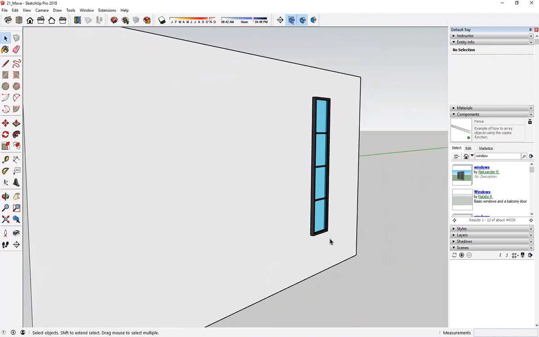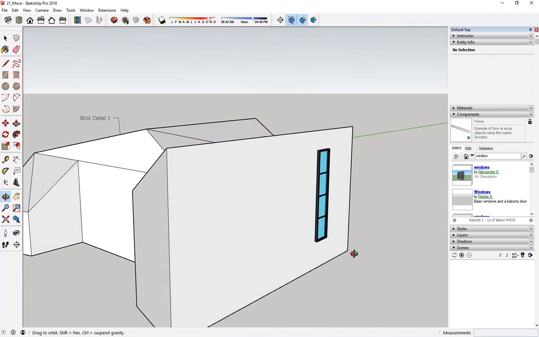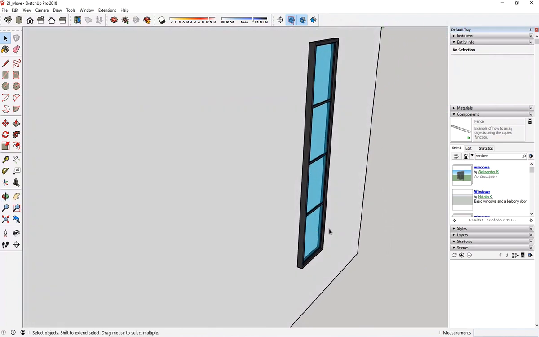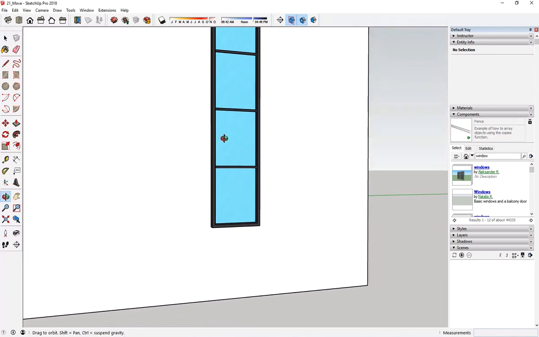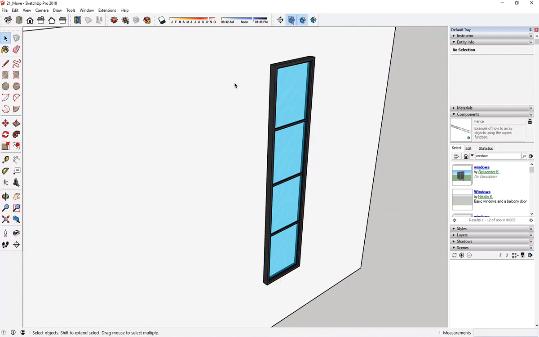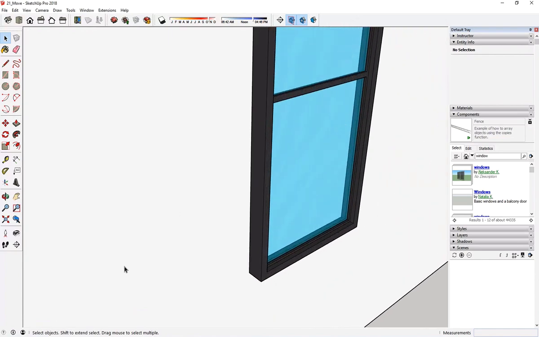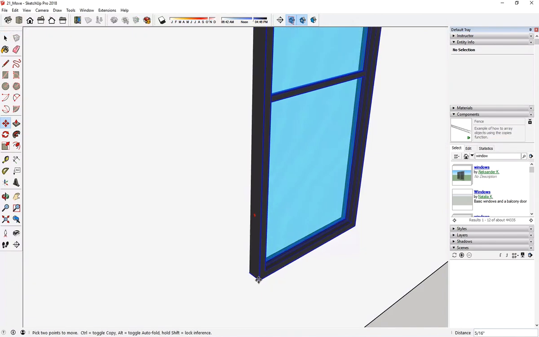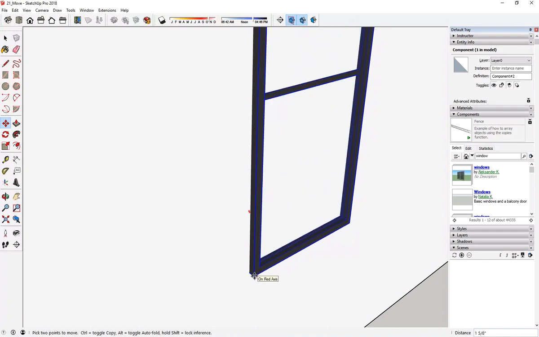Sometimes you bring the object into your drawing, and when you are bringing this in, what you basically need to do is clean up the model. As you can see, this is the door, this is the window, it's in the right place, but the placement of this has to be clean. So what I'm going to do is first move this. I'm going to click on the move tool, and then move this a little bit in. So I'm going to move it like